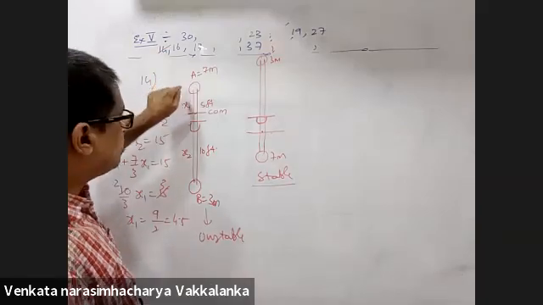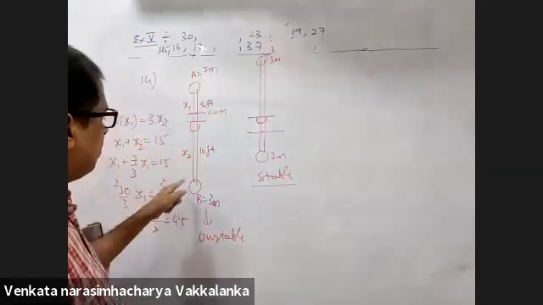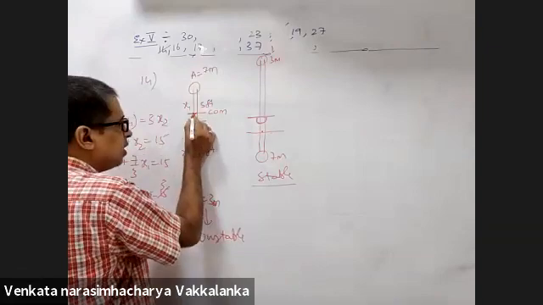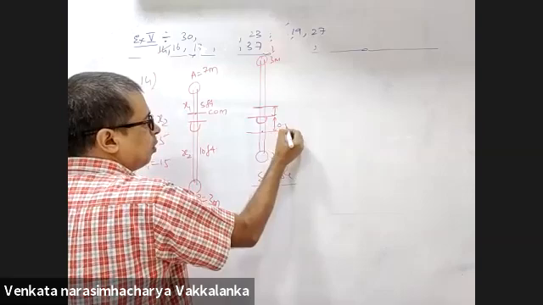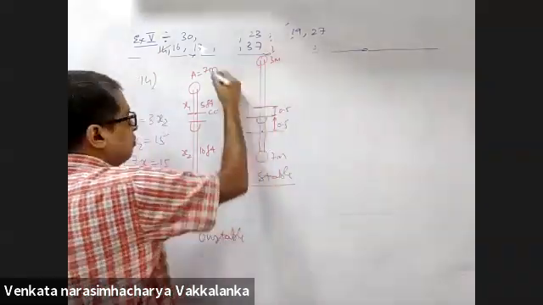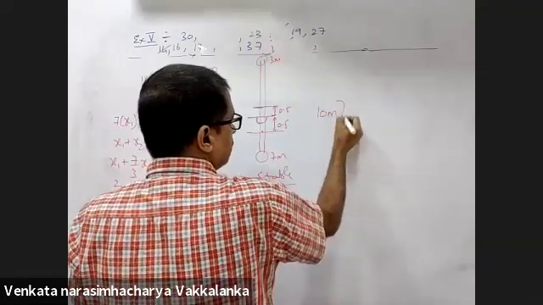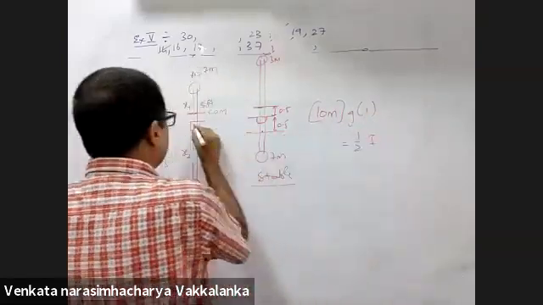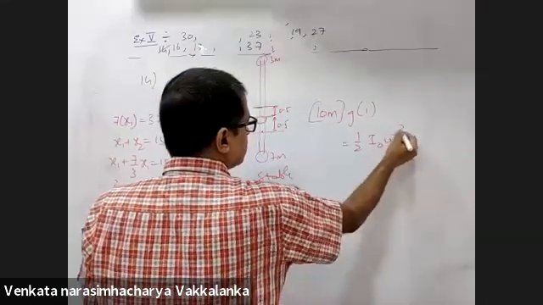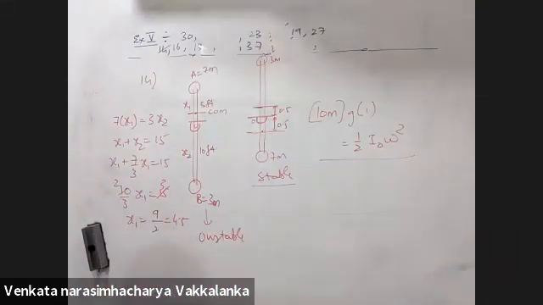Now he is telling you that if I disturb it, it will come to this position. 7 will come down, 3 will go up. By how much distance did the center of mass come down? This is 0.5, this is 0.5. So for the center of mass of this system, 10m g h, with h as 1 meter, should be equal to half I about O into omega square. As simple as that. Find out I about O, the moment of inertia about the hinge. How can you write kinetic energy as only half I omega square here? About the hinge, it is in pure rotation.